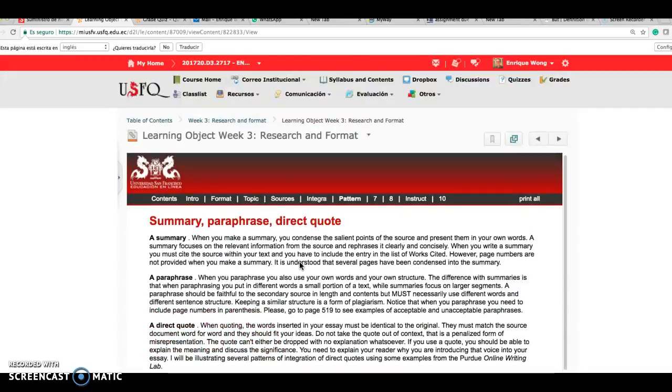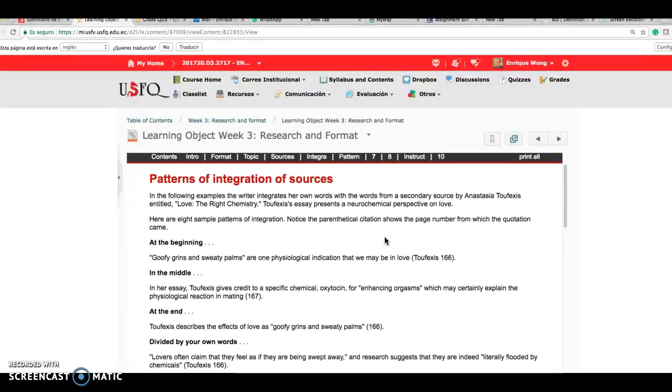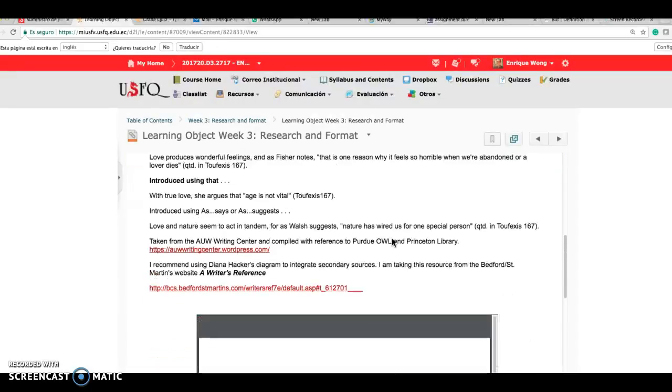You have another further explanation of what a summary is, a paraphrase, or a direct quote, and then you have the patterns of integration of sources on the following page: at the beginning of your sentence, in the middle of your sentence, at the end. So it is essential that you read